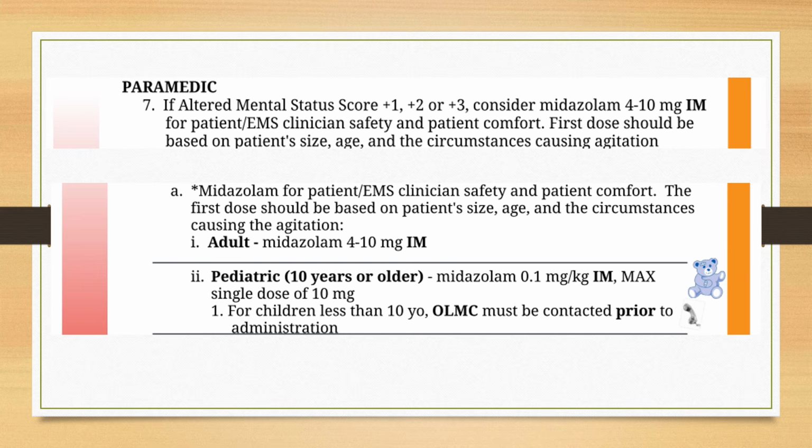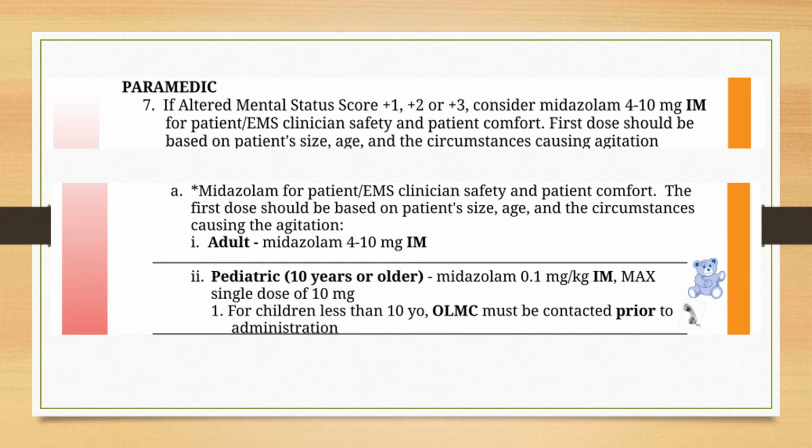Going back to the protocol, as a paramedic, if we have determined that their altered mental status score, AMSS score, is a 1, 2, or 3, we can consider the use of Versed 4 to 10 milligrams IM for patient and EMS clinician safety and patient comfort. The first dose should be based on patient size, age, and circumstances of agitation. So again, we're allowed to give a nice deep IM injection, not IV, IM, for an adult 4 to 10